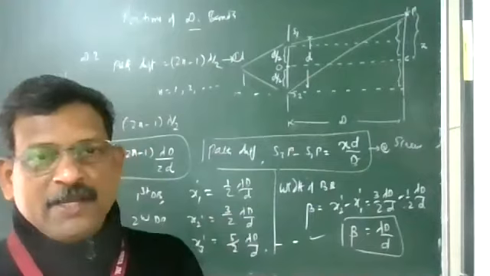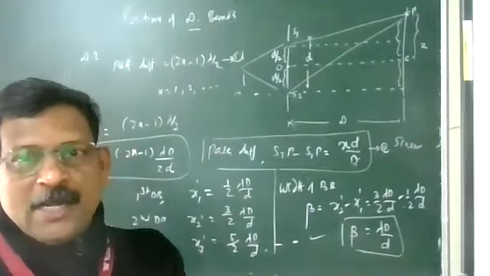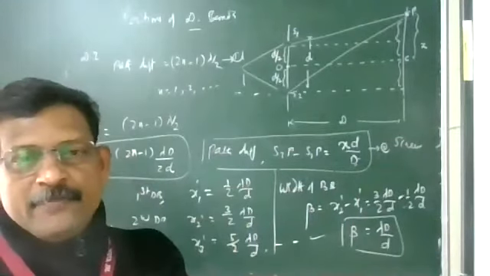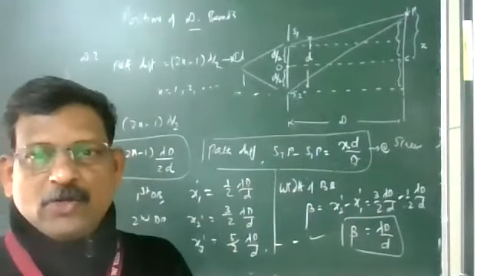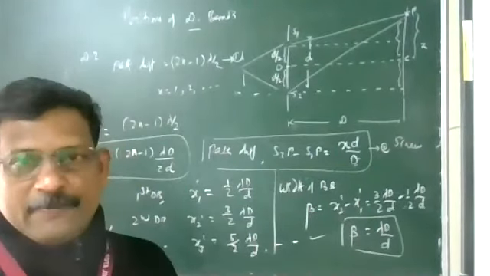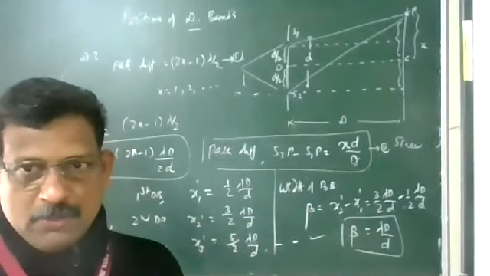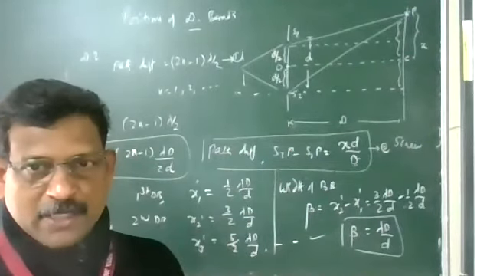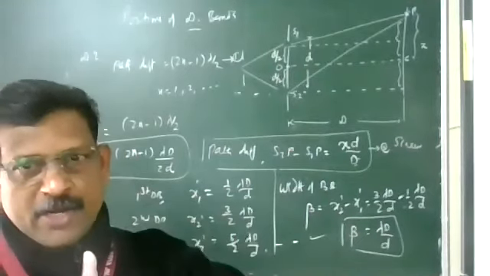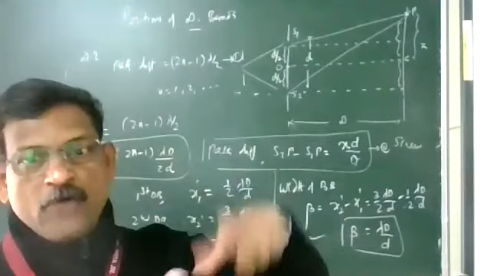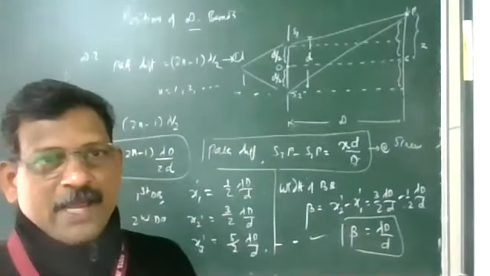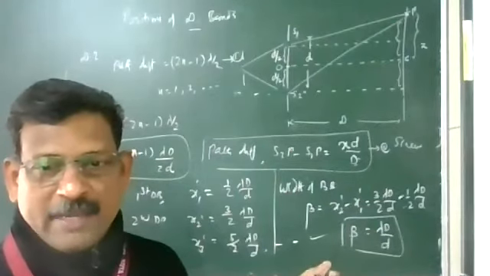So on the screen, we get the interference pattern. At the center you get a bright region, at n lambda you get bright regions, and at (2n minus 1) lambda by 2 you get the dark regions. We are seeing the locations on the screen. So the interference pattern consists of, at the center of the screen, a bright region followed by alternate dark and bright regions of equal width on either side. Bright and dark are of equal width, lambda capital D by d.